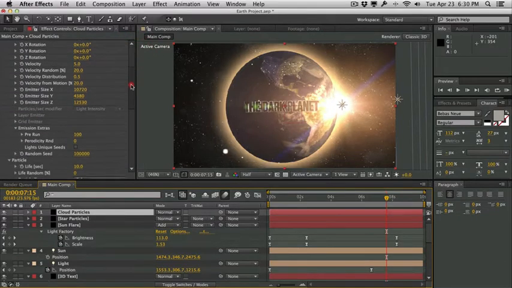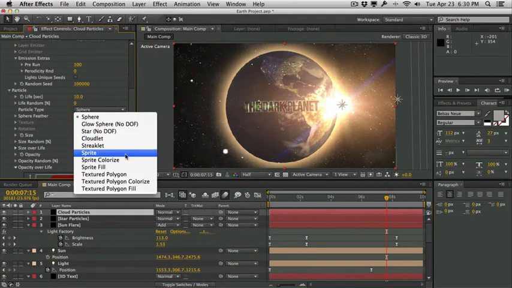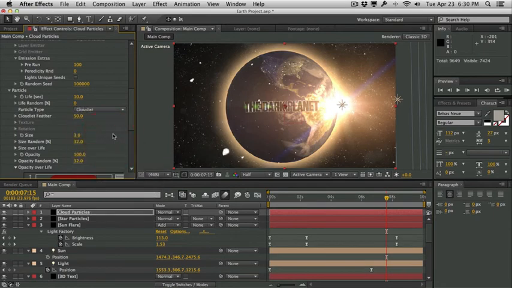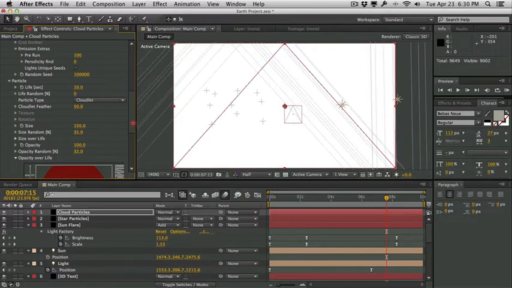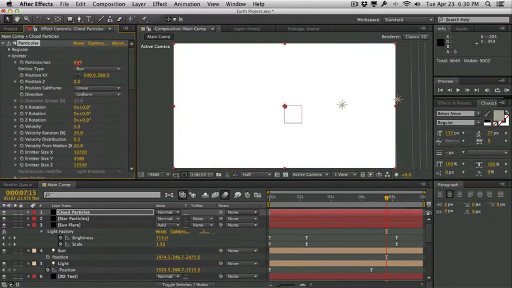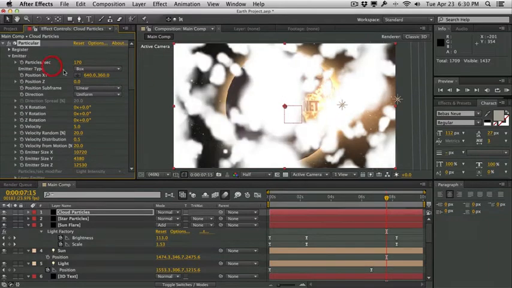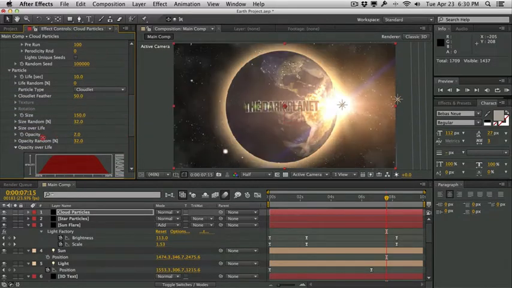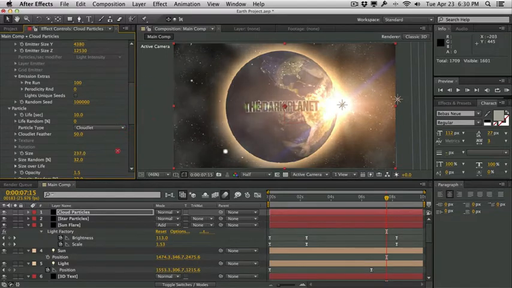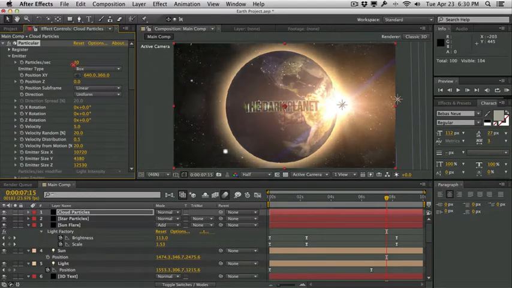So we will go into the particle type, change it from sphere to cloudlet. We will increase the size by quite a bit. We will go ahead and decrease the number of particles, and we will lower the opacity down quite a bit to around maybe 1 to 1.5. We will increase the size, decrease the particle count,